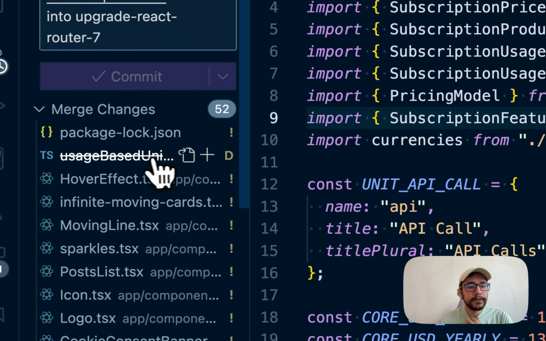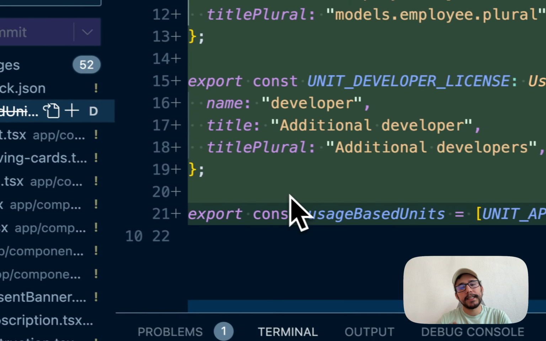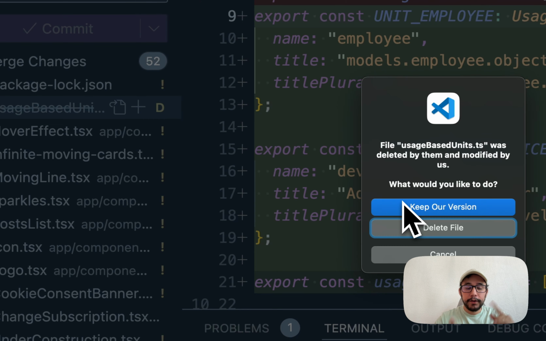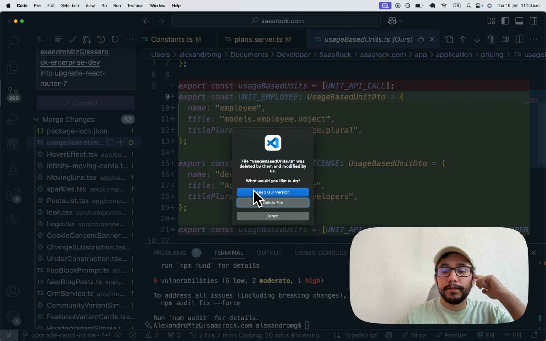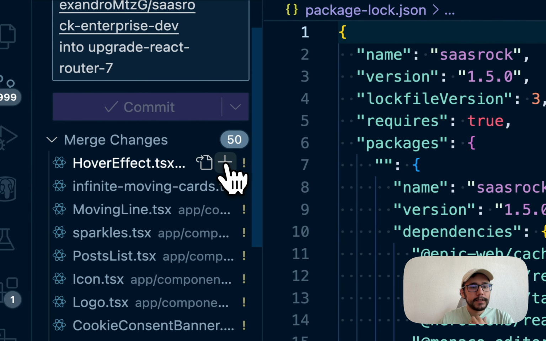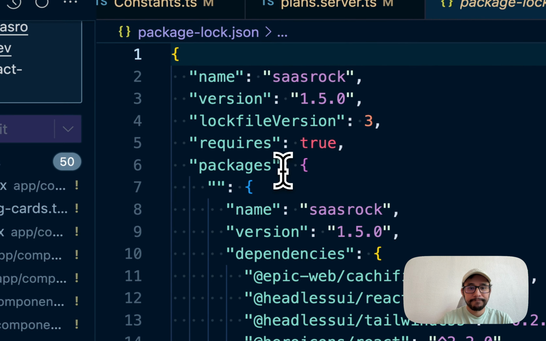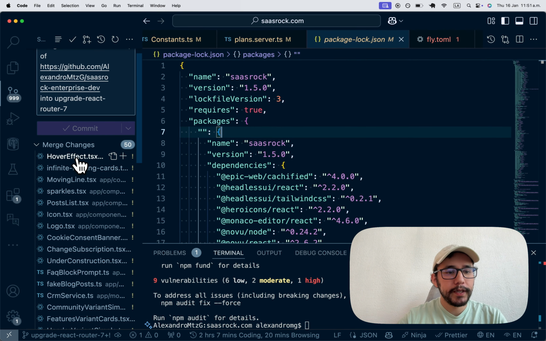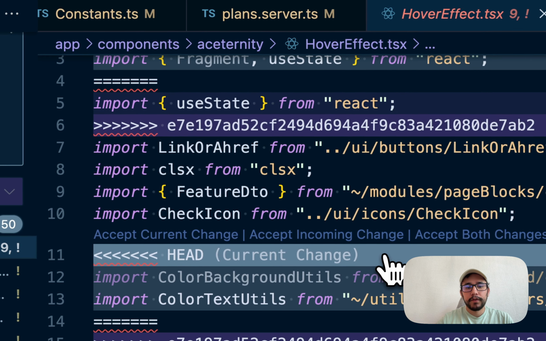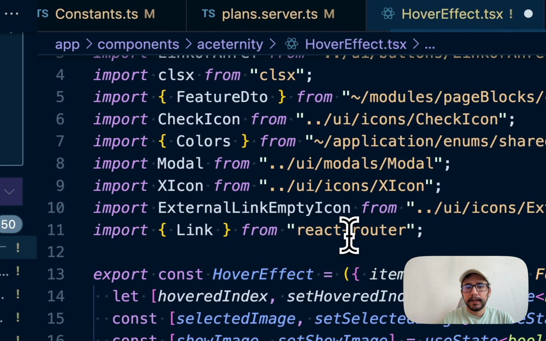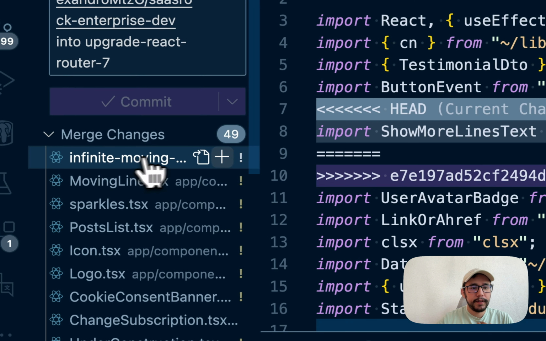Okay, moving to the next one, usage-based units. I guess if you are using this file, you need to keep your version and use it correctly on your project. But in my case, I never used it, so I'm gonna delete the file. And package.json should be already fixed. Now for all of these ones, I'm assuming is related to Remix run packages. Well, not in this case. So I'm gonna accept incoming, incoming, incoming. And yeah, that's fixed. Infinite moving